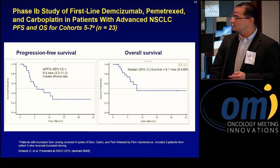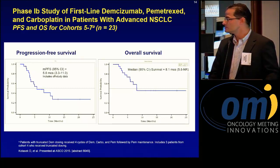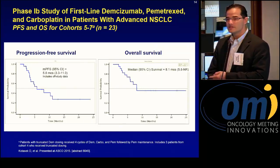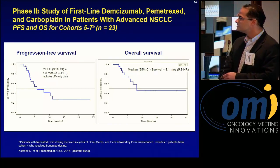One of the interesting facts here is that we're now looking at only those patients treated in the truncated dosing mode, and this encompasses 23 patients. The progression-free survival, I don't think it's very impressive. However, one of the features that we see here is this tail of the curve